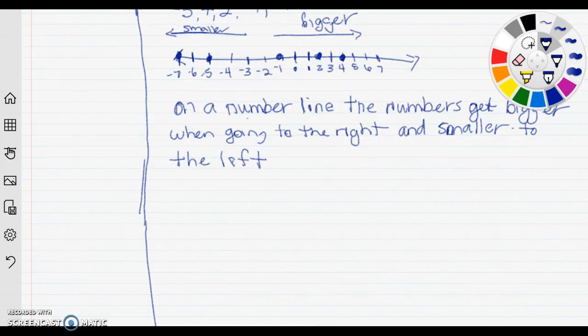So if you owe a friend $7, then you're only going to have $3 left. But if you owe a friend $2, then you're going to have positive $8 left. So that makes it so the -7 is actually the smaller number. So another note that you can make is